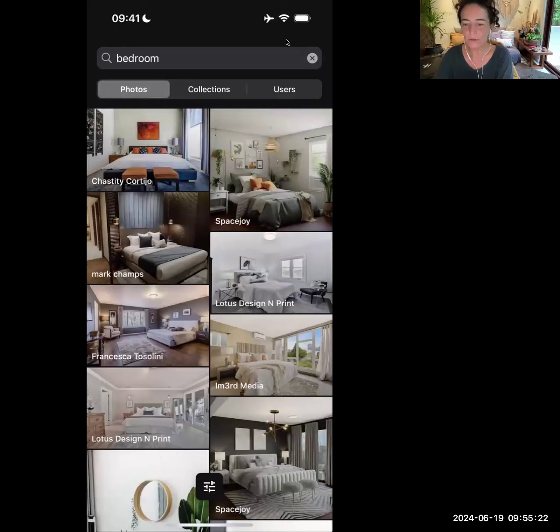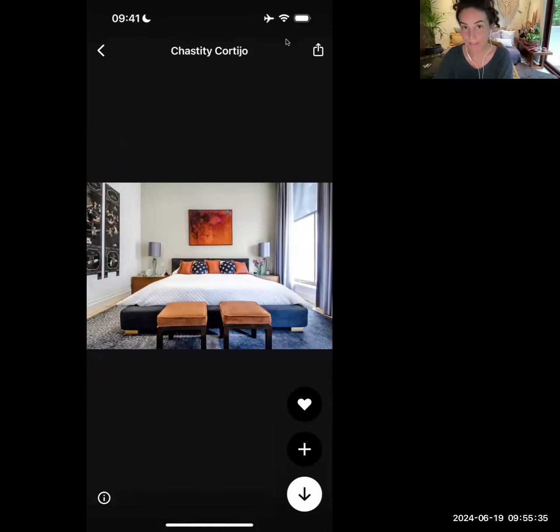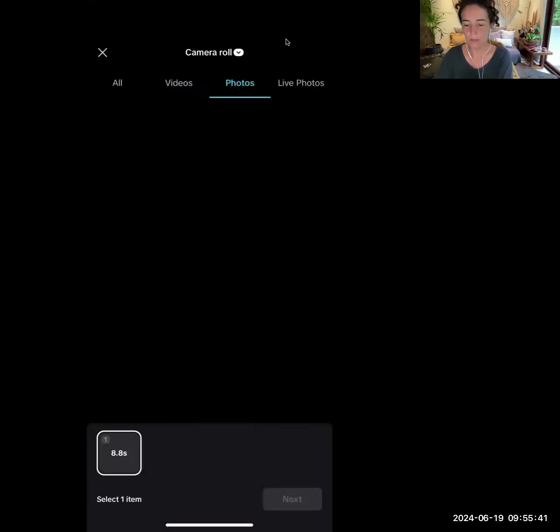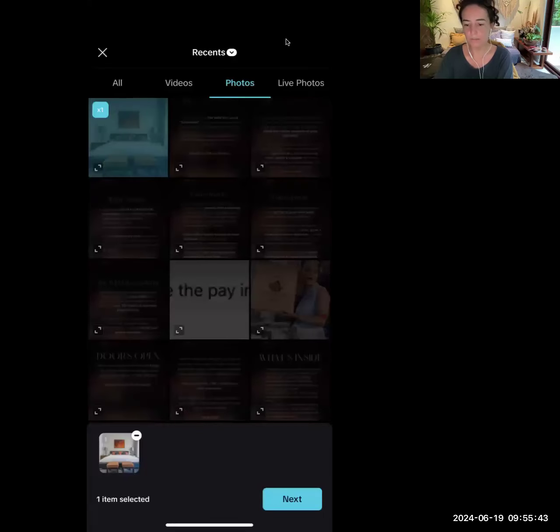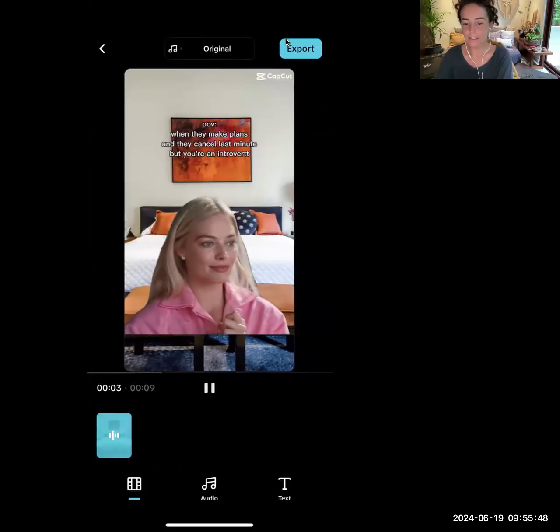Here we go. So you could literally choose like the first photo, you download it. So it's downloading to your phone. Again, it might take forever. There we go. Bear with me. And then I'm going to go back to CapCut and my photo ideally is going to show up. So let me go back, use the template, go to photos. There's my bedroom photo. So then click next. And now that's the